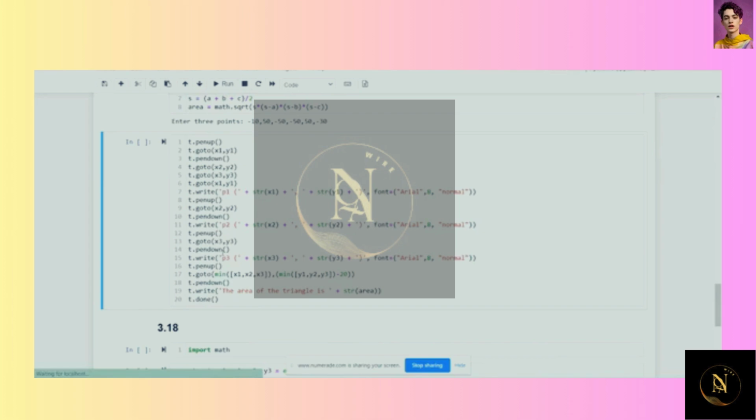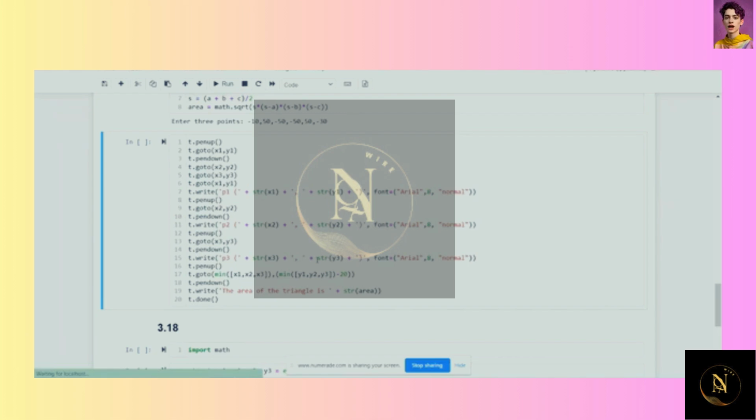And then lastly, we want to display the area of the triangle beneath the triangle. I chose to do this by having turtle go to the lowest x value and the lowest y value, and then subtracting an additional 20 from the lowest y value to make sure we're below the triangle, putting the pen down, and then writing the area of the triangle is the area that we calculated,